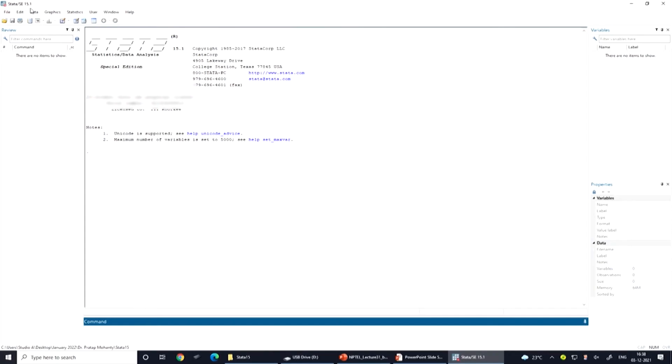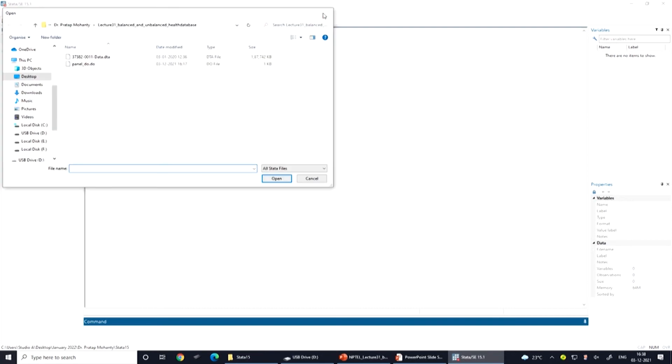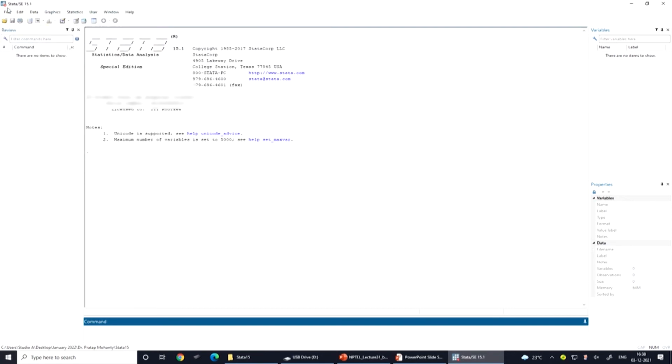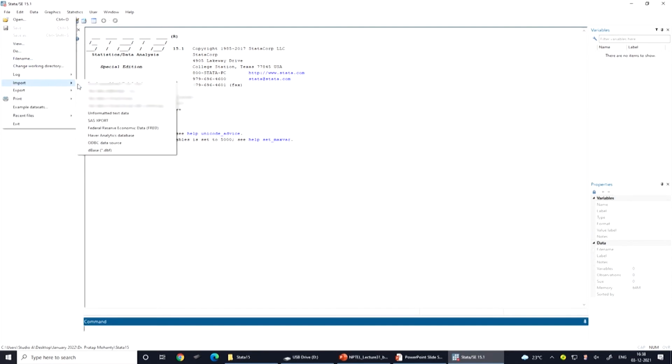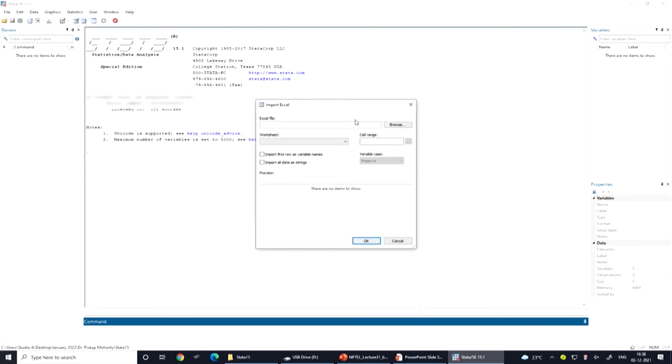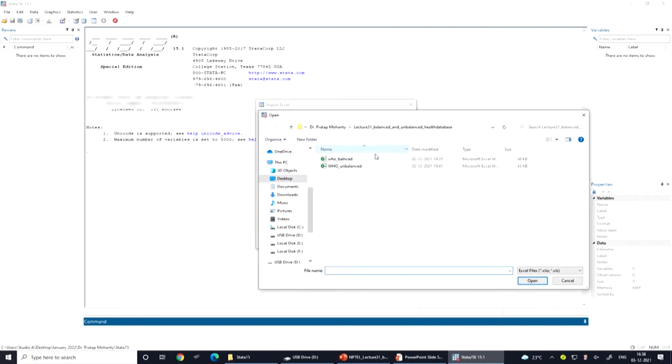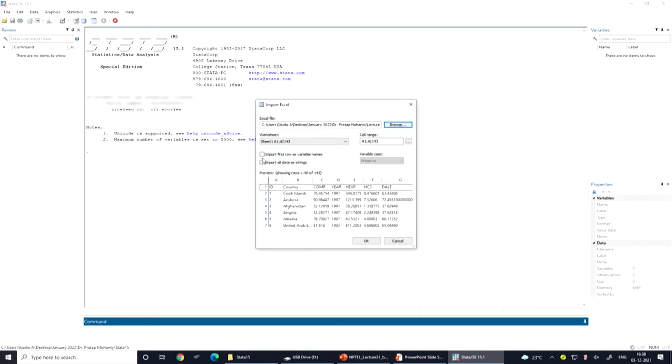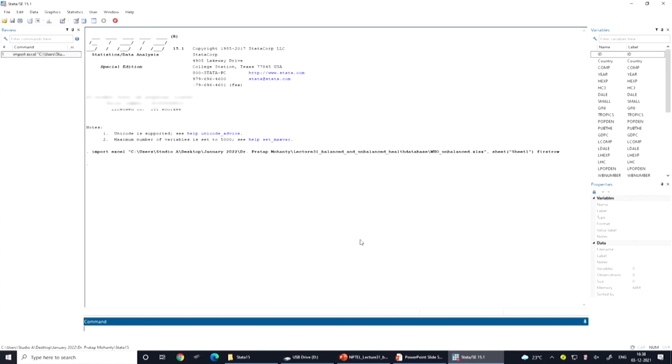Okay. Now, here is our data. I am just opening it for your reference. Now, I am going to the file, then importing the data. This database we have taken from the WHO. This is in Excel based format. Now, I have opened the unbalanced data. Okay. So, unbalanced data, but we need to specify which row is considered to be the variables. It has taken the first row. Okay. We have opted for it. Now, we are going to make it okay.